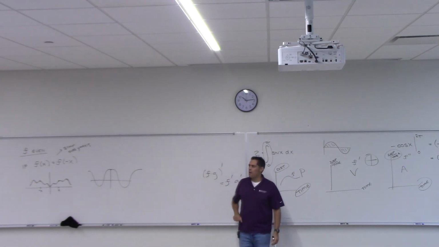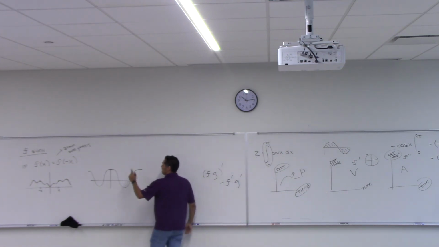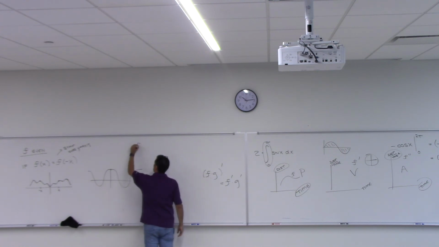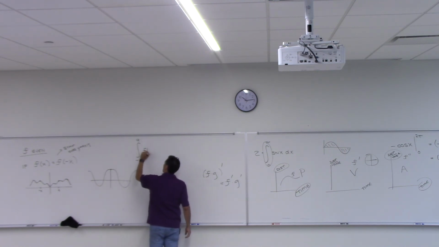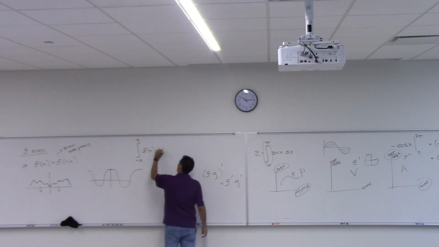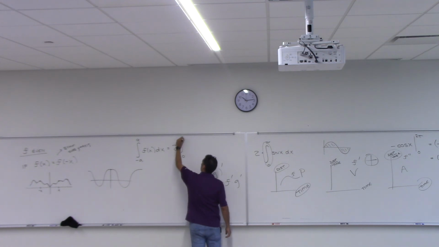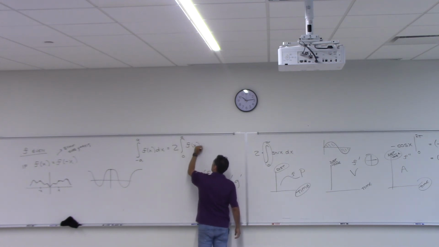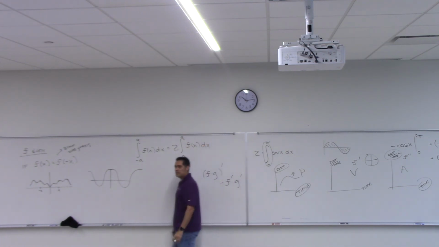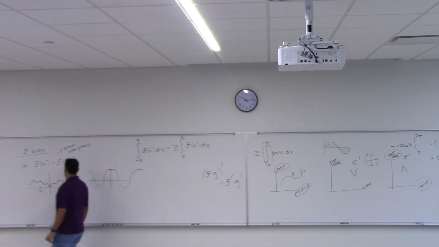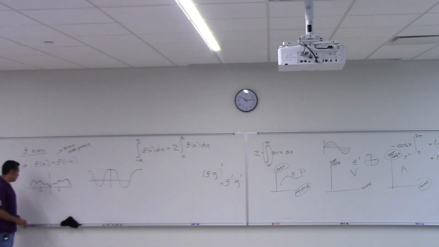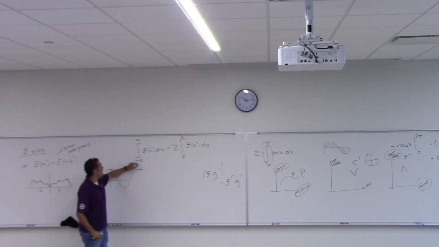So look at what this property says. It says if f is even, then the integral from negative a to positive a of this function should be equal to just twice the integral from 0 to a of f of x dx. Does that make sense? If it's an even function and you want to know the area, now it's very important, from negative a to a, not